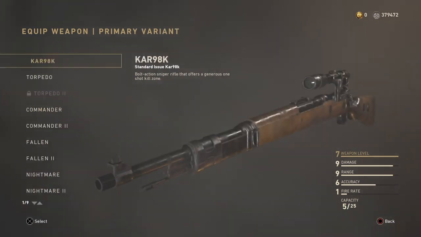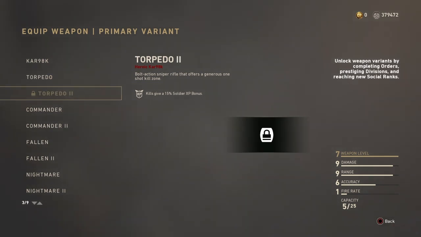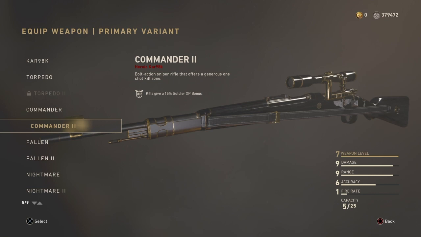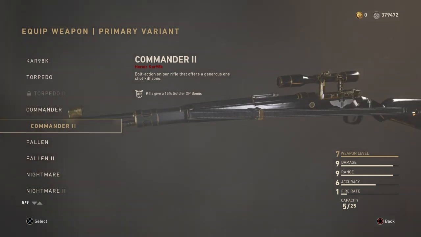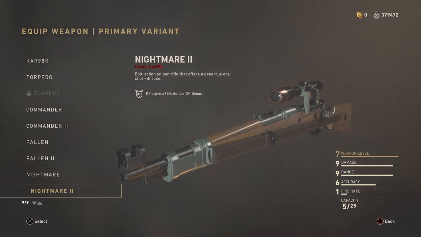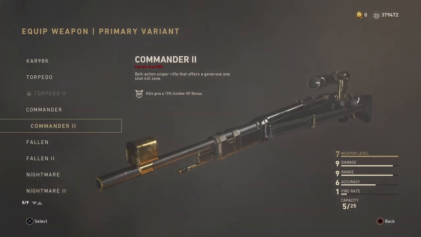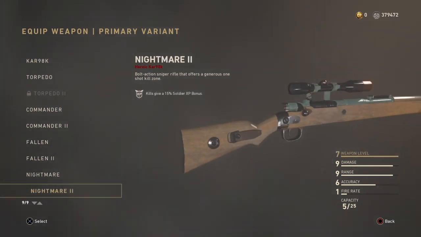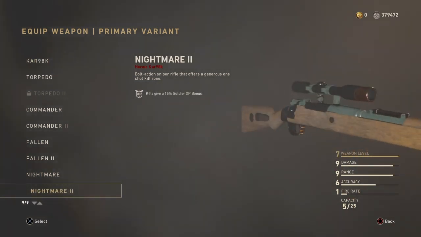The Kar 98 is next. Kar 98, we have all of them except for the Torpedo 2. Unfortunately, but I mean, it's fine with me because I usually use this one. For anyone that doesn't know, it's a Nightmare. So make sure. The Nightmare 2, which is this one right here, you actually get for